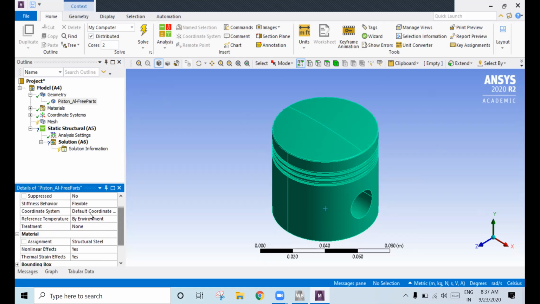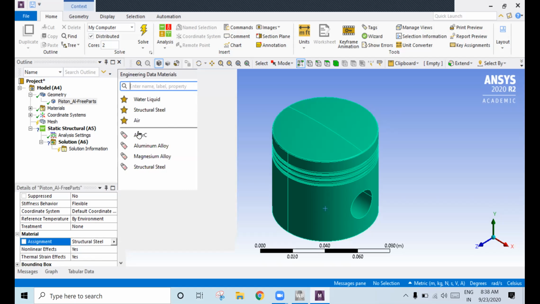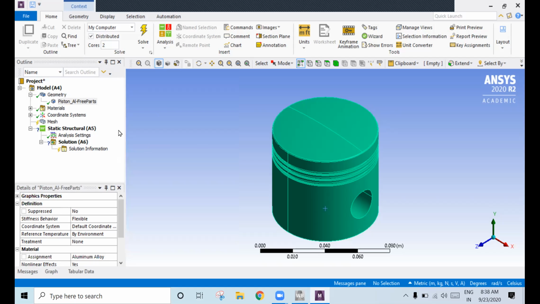Scroll down: the material assigned is structural steel. If you want to change this to aluminum alloy, click on structural steel, click on this icon. Whatever material properties you have assigned, you will get here. If you select aluminum alloy, the material will be added as aluminum alloy.